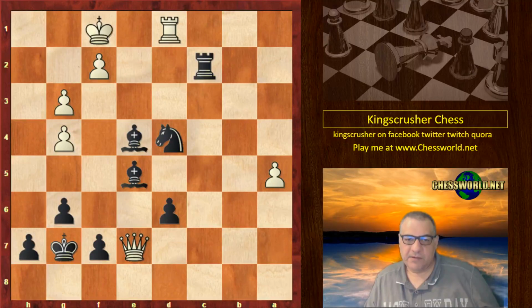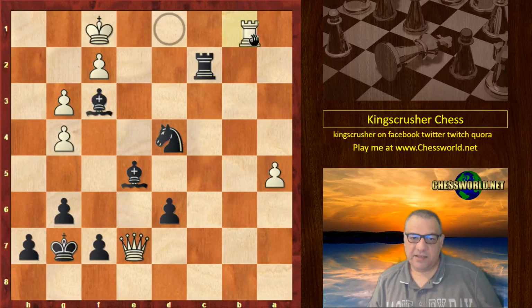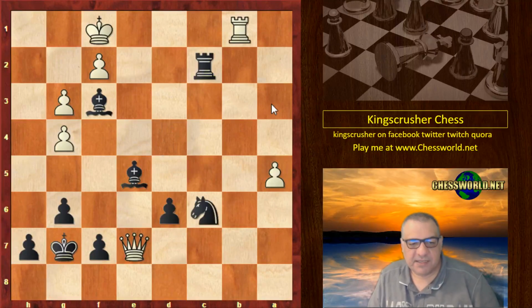King F1. And now Bishop F3. This is massive coordination here. And the rook's running out of squares again. The rook goes to B1. But now we just have to move Knight C6. And actually,